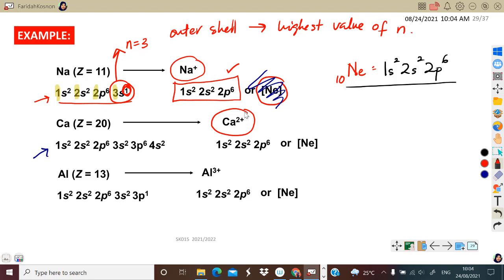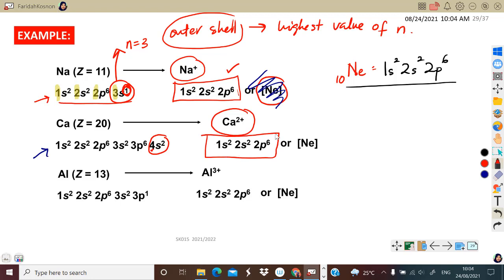2 electrons must be removed from the outer shell. Jadi outer shell kita tengok the highest value of N pada calcium. So highest value of N adalah 4. So apa orbital yang N sama dengan 4, yang berada pada fourth energy level? 4s. Jadi first dia akan remove satu elektron pada 4s followed by the second electron, both from 4s. Jadi sekarang electronic configuration bagi calcium become